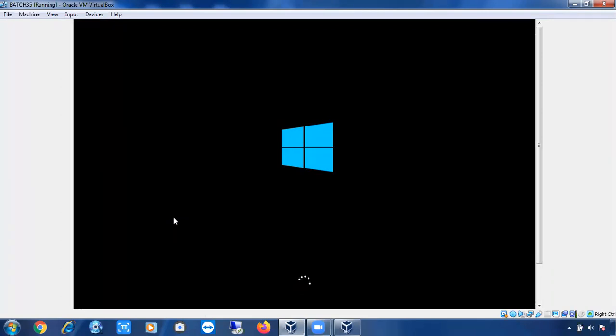SSMS. Okay. So now I have a question for all of you. I have installed SQL Server 2012, and I have installed SQL Server 2017 in the same machine. Now I'm using the SSMS shortcut to open SQL Server Management Studio.